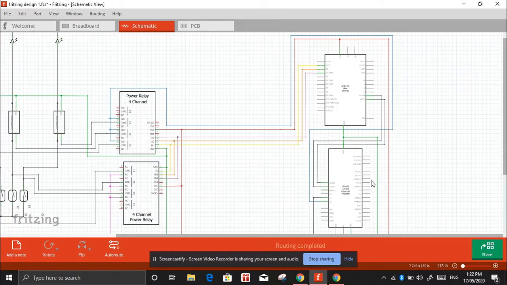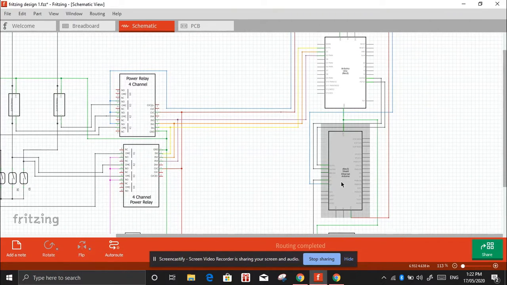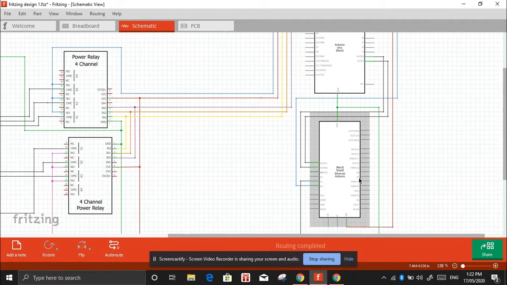ESP2866, which has now collected the instantaneous value of current and voltage, has an inbuilt Wi-Fi module. While programming the ESP2866, we mention which Wi-Fi device should be paired with the ESP2866, and we set a password for it. The destination of the data to be stored is also programmed in the ESP2866.